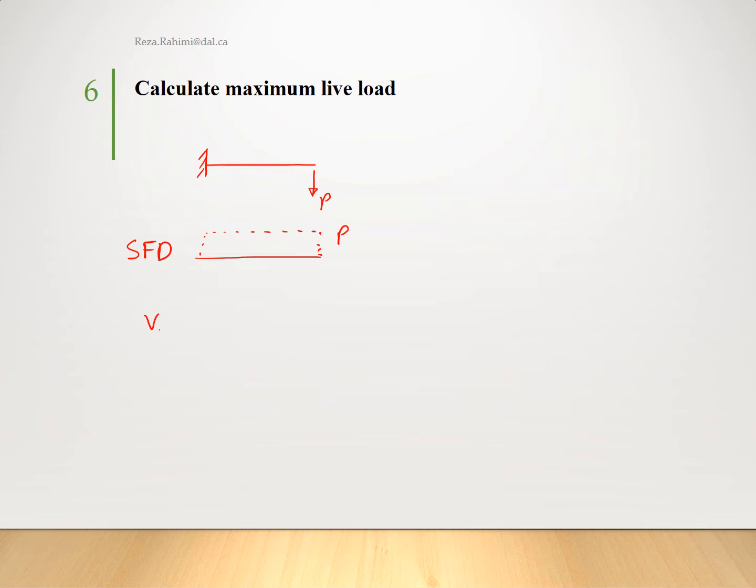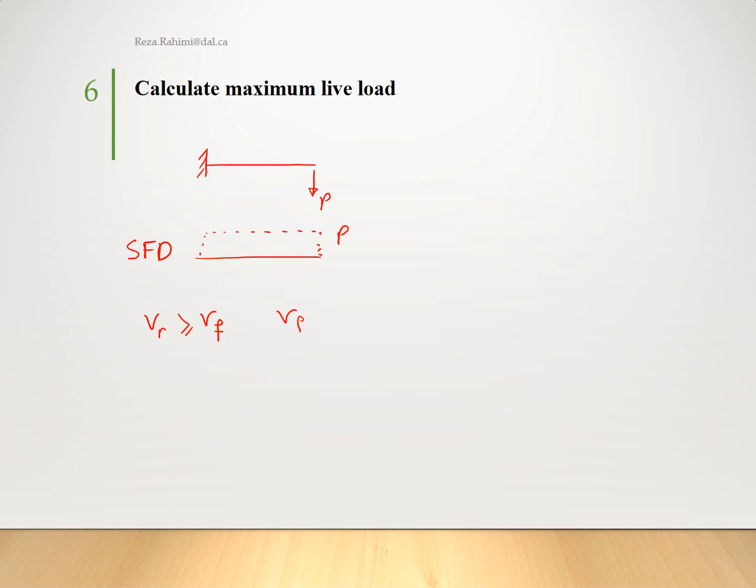We know that VR should be bigger or equal to VF, which means the shear resistance should be bigger or equal to the factored shear loading. So